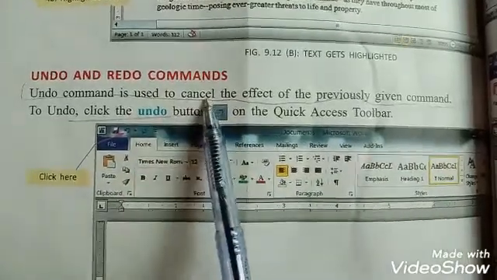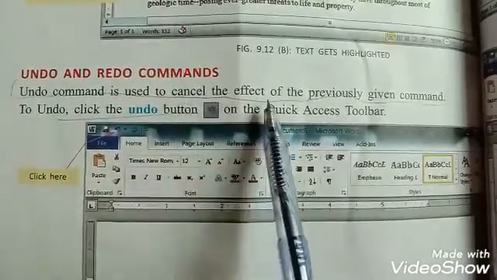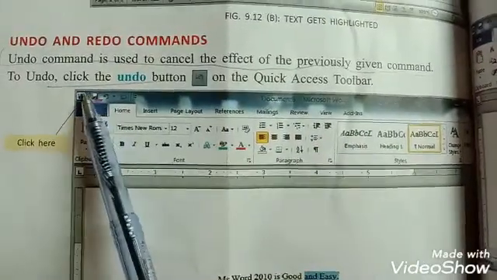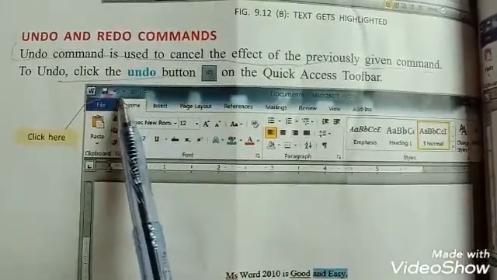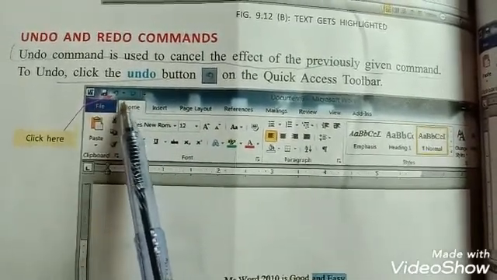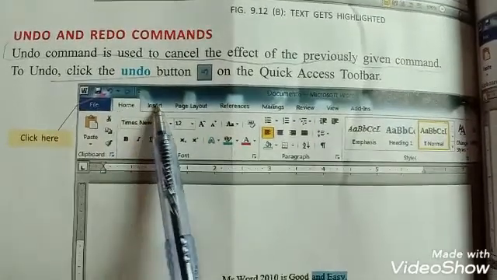Undo and redo commands. Undo command is used to cancel the effect of the previously given command. To undo, click the undo button, this one, on the Quick Access Toolbar at the left side of your document.